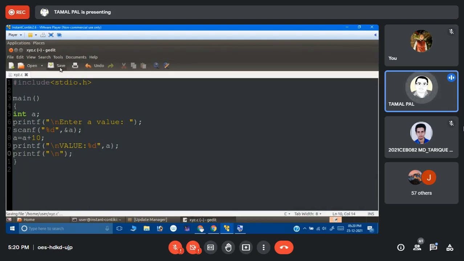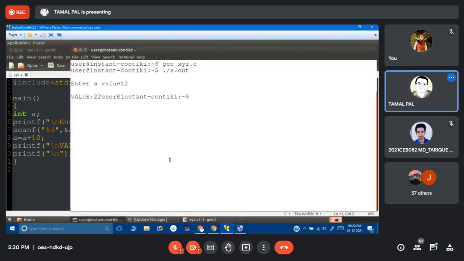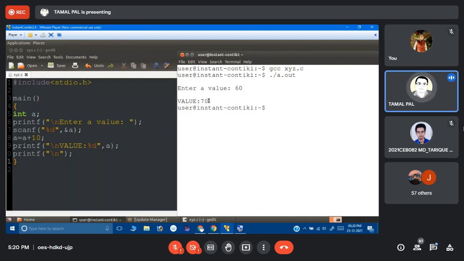I think some of you have done Java, so system.out.println: if I write something inside it, then it will be printed in a new line. The same thing happens here. Now I put 60 here, so the value is 70, using the same format.